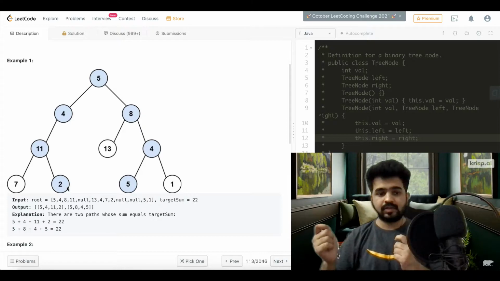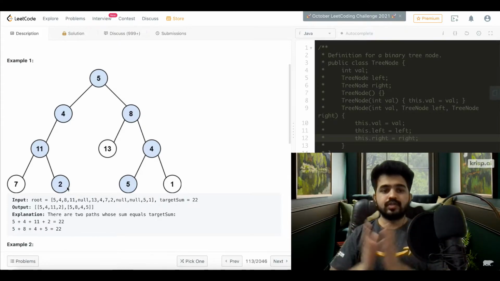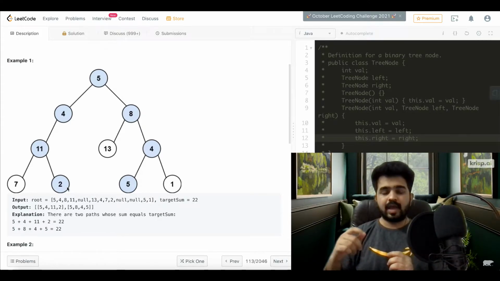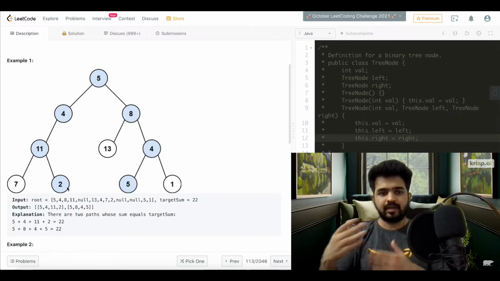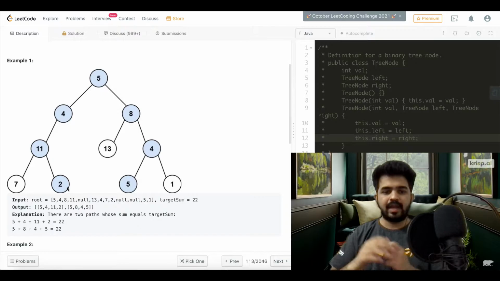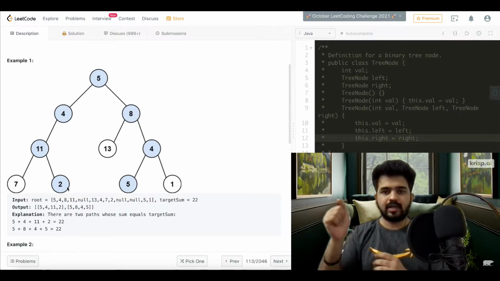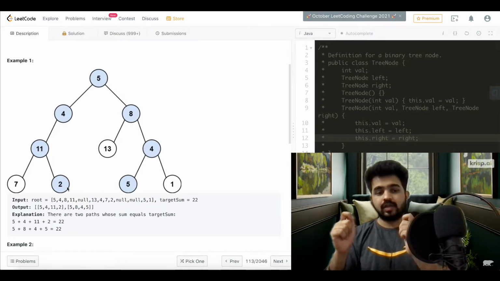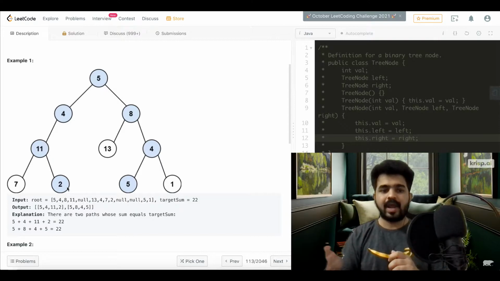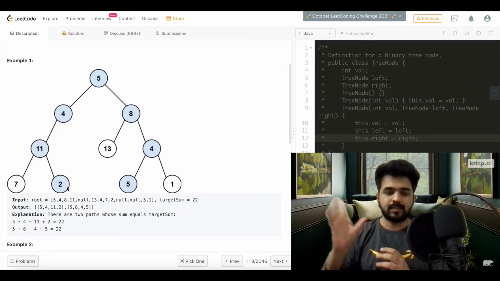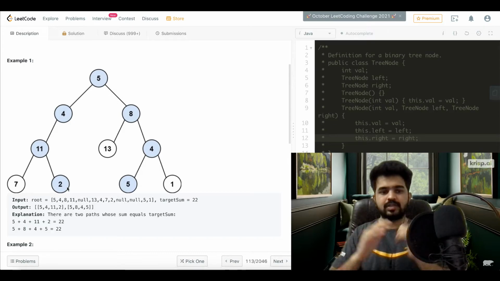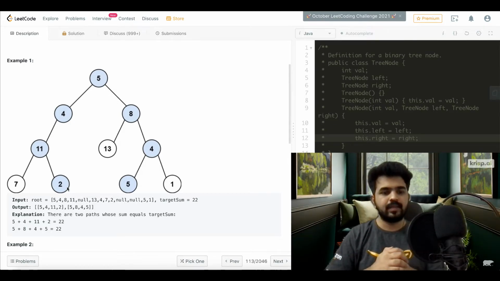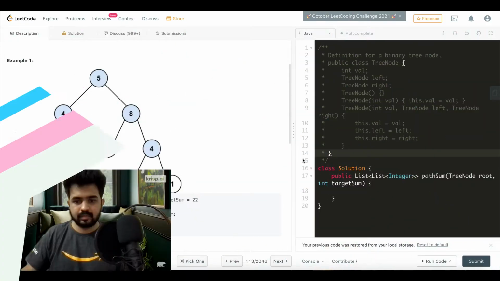Our target value is 2 and the node's value is also 2. So we know this is a valid path, and in a variable we can store this path. We can keep on adding nodes that we are seeing, and if the target sum and the node's value of a leaf are equal, then we can add the path to our response, the main response list we are creating, and return the response.